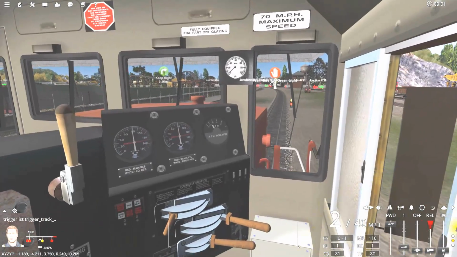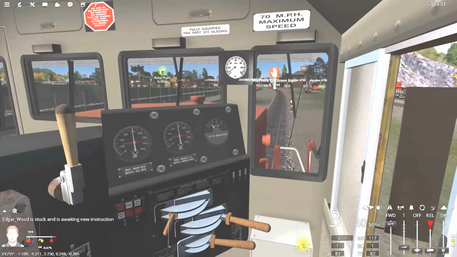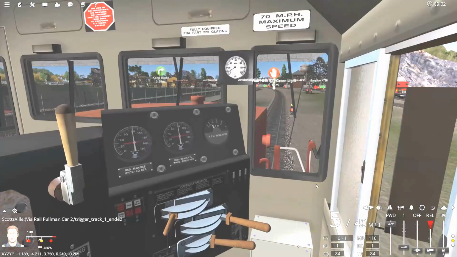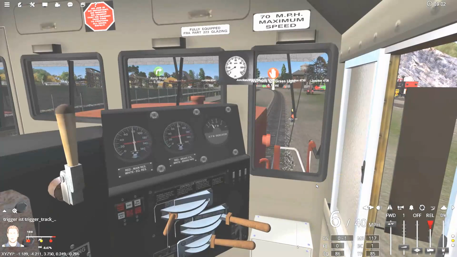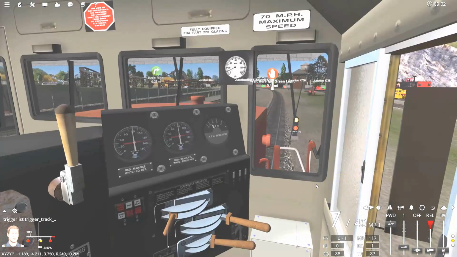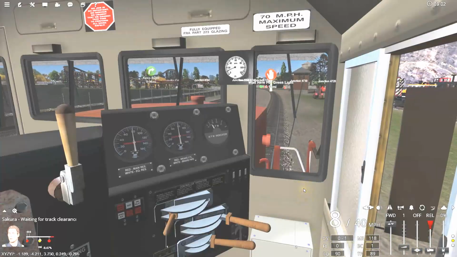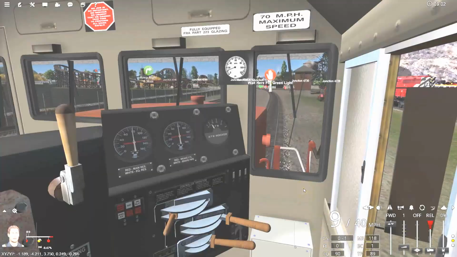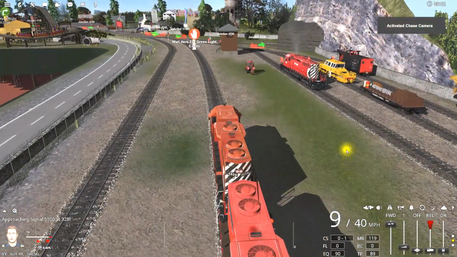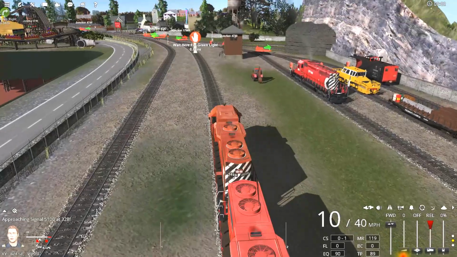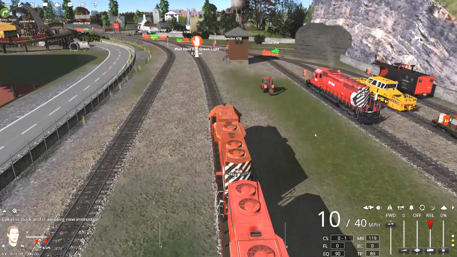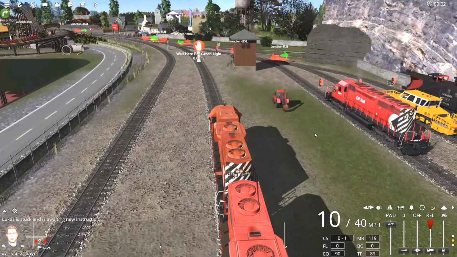At the bottom right hand corner you will see a different type of way of controlling within the cab, and that is with sliders, and it also gives you information on the pressure of certain things. So we are now proceeding forward, and I'm going to use the slider to put the throttle in 0, and